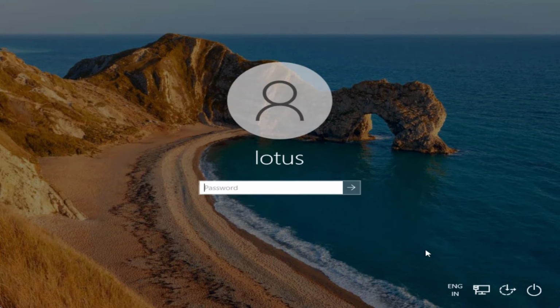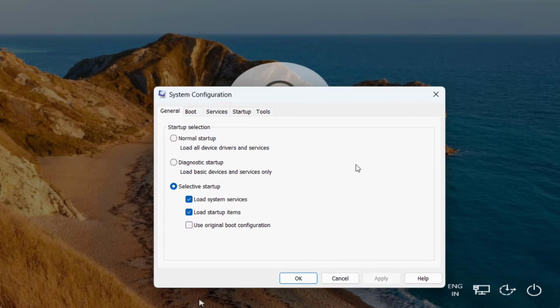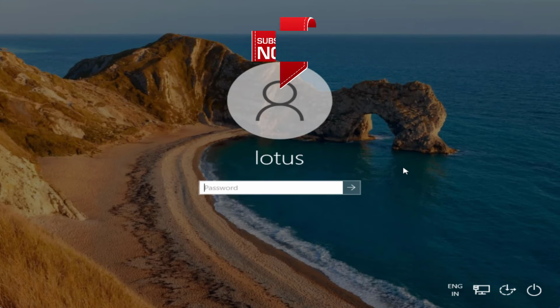Now after restarting, you need to click on this option, which is Accessibility. As soon as you click on this option, a command prompt will open. I'll go ahead and click on it. Now once this command prompt is opened, simply click on the option Normal startup. Once you have done this, click on Apply and hit the OK button. This will restart your system in normal startup, and in turn fix the issue of "Something happened and your PIN is not available."